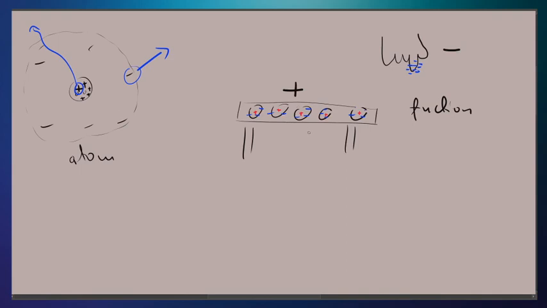But whenever I charge an object to positive, I'm not adding protons to it, right? So suppose that I have some kind of a sheet here, and I end up charging this thing to have a net positive charge. That doesn't mean that I drop protons on the sheet. That's not going to happen. What that means is that I have removed electrons. So the electrons are gone, and if some of the electrons are gone, then the